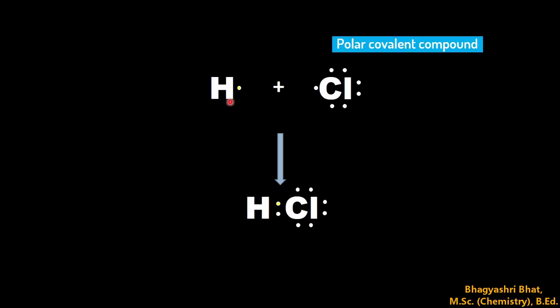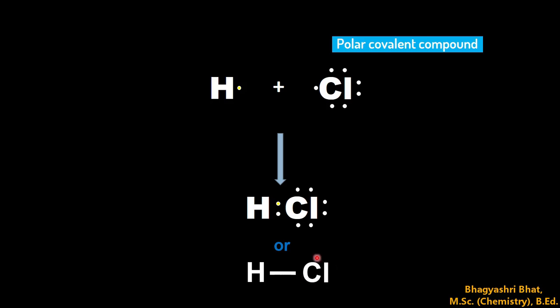So next we move on to a type of compound where we can see two different types of atoms. This is hydrogen, this is chlorine. Hydrogen is short of 1 electron to attain the duplet structure and chlorine is short of 1 electron to attain the octet structure. So hydrogen shares its 1 electron with the chlorine atom, thereby it attains the duplet structure, and the chlorine atom shares its 1 electron with hydrogen and attains the octet structure. So a pair of electrons is shared between hydrogen and chlorine. So a single covalent bond is formed between H and Cl.